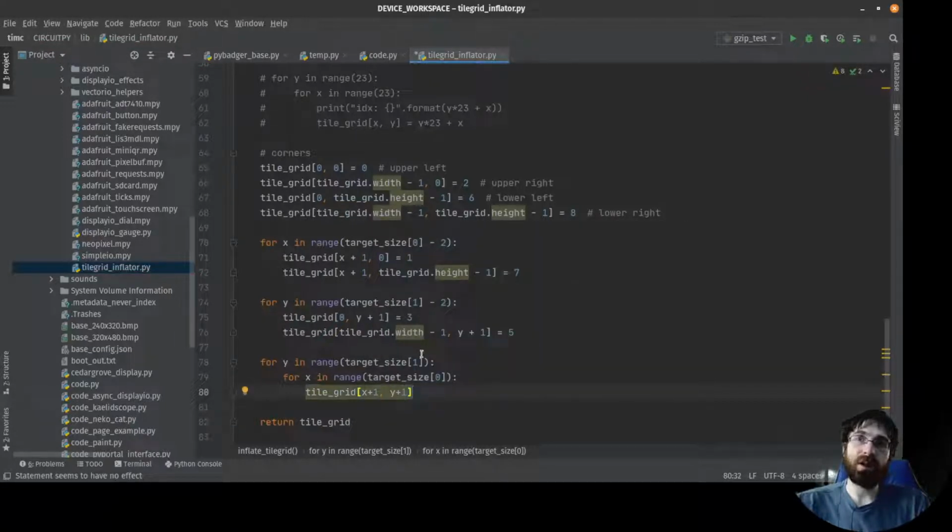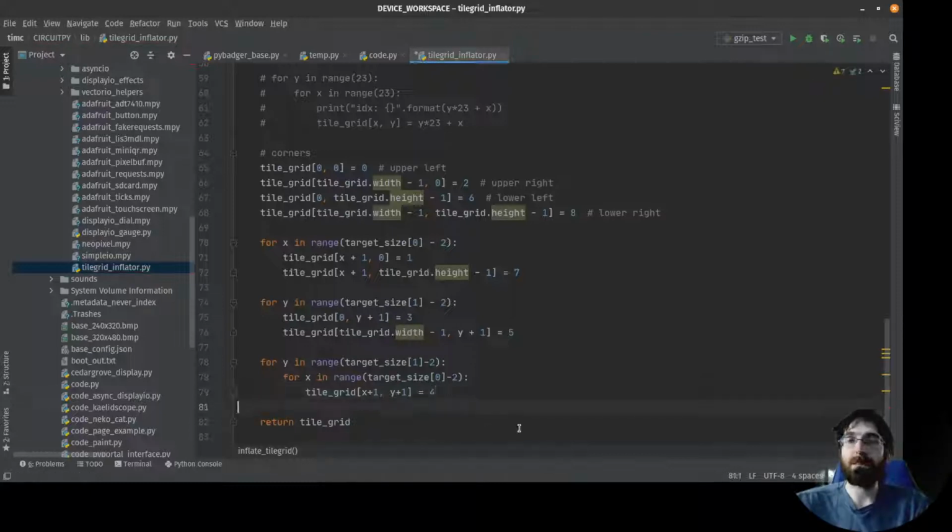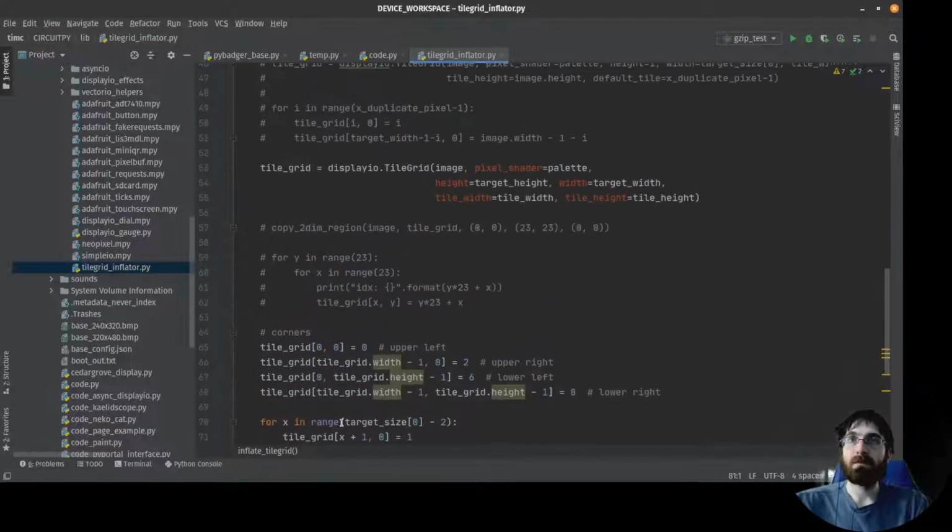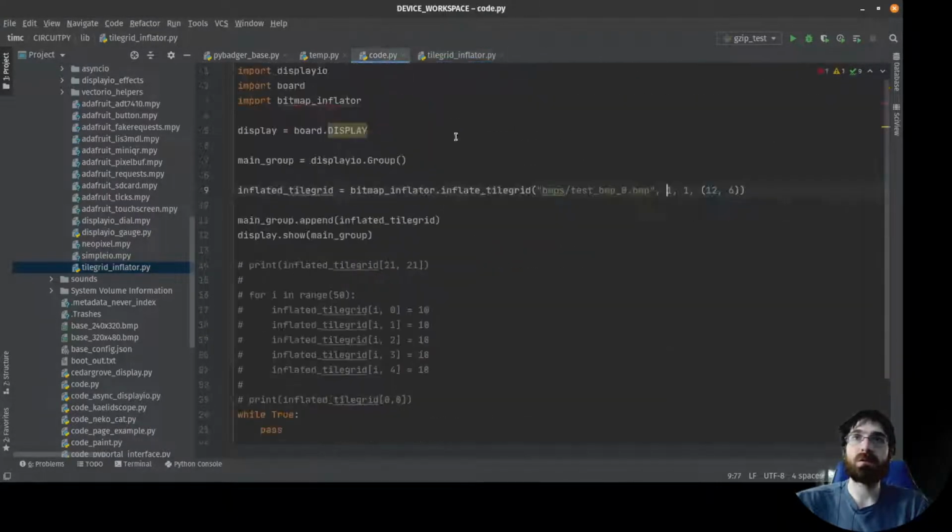Oh, and we need to subtract 2 because we have all of the edges done. 2 edges on each direction. And then we go to tile 0, 1, 2, 3, 4. Tile 4. Okay. That seems like all we want. We will probably have to